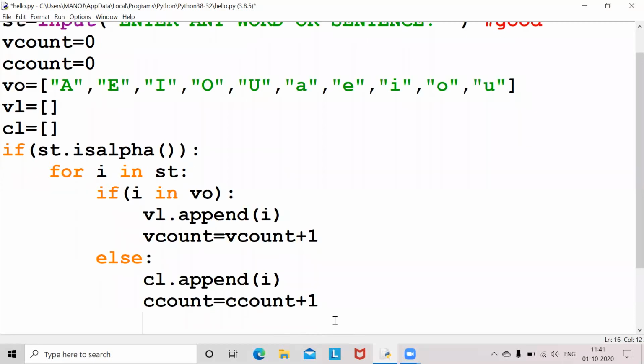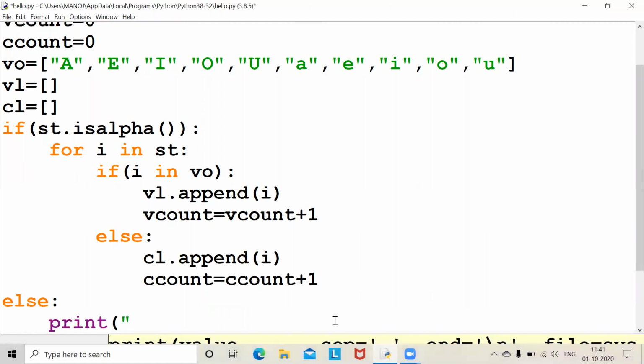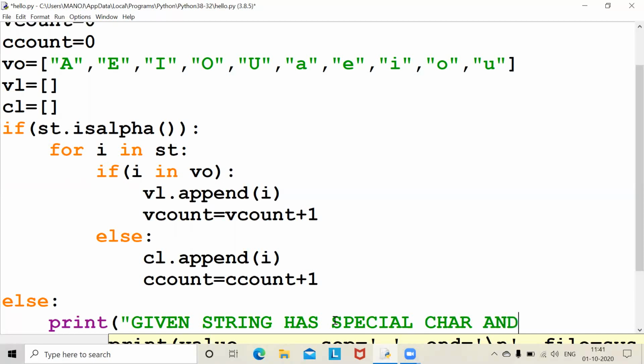If the given string has some spaces or digits or numbers, then we write else: print given string has special characters and digits.